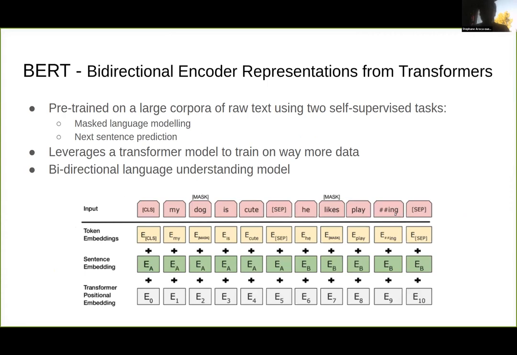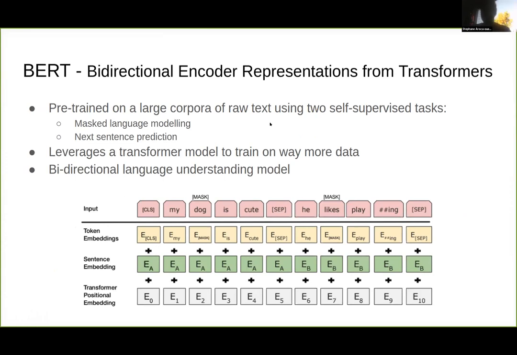I'll spend a bit of time on BERT here because I think it's a very important part of the field of NLP currently, as well as my initial work. BERT is a very large pre-trained transformer trained on two tasks. The first is masked language modeling, which essentially means you mask out a word in your sentence and then ask the model to predict it. For example, "my [mask] is cute" and the model has to predict "dog." The second one was next sentence prediction.